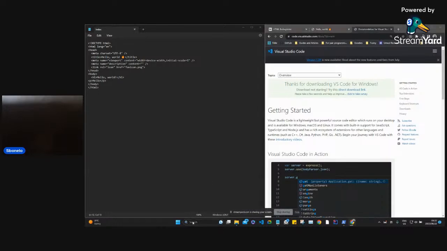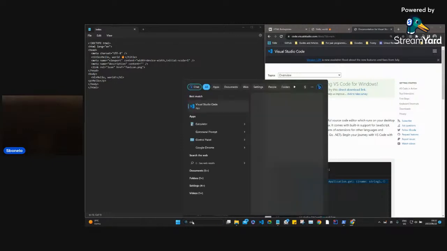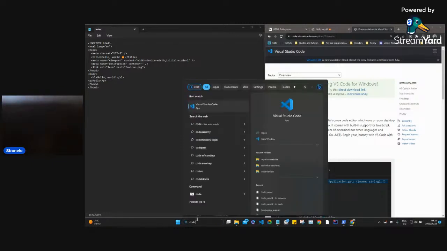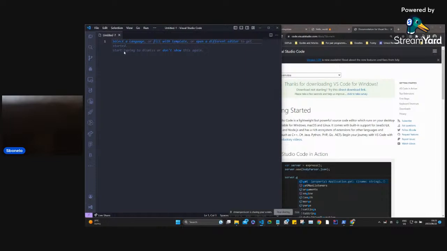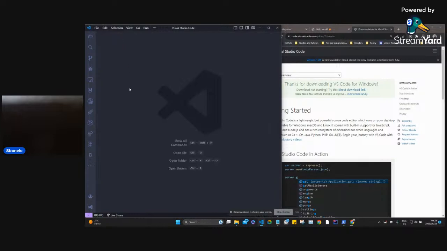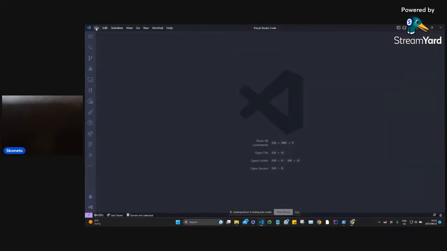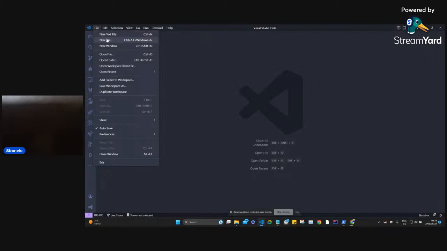Once the installation is complete, the easiest way to find VS Code on your computer is to type code on the search functionality. And in our case, we're just going to go ahead and open a new window. VS Code is opening. In my case, because VS Code already exists, it presents me with an untitled document. In your case, you'll be presented with a welcome page. Now, to create a new file, simply click on File, New File,